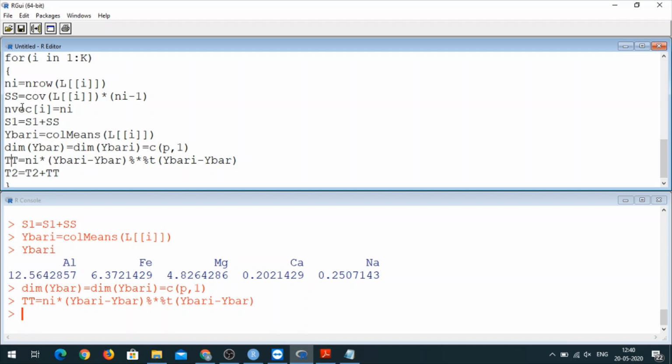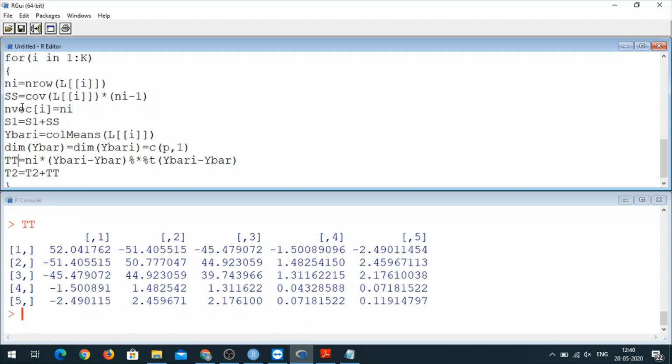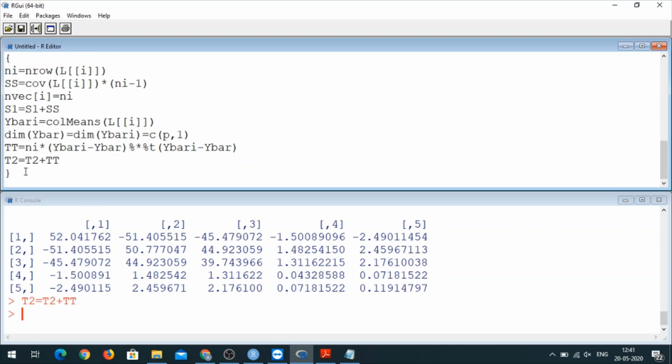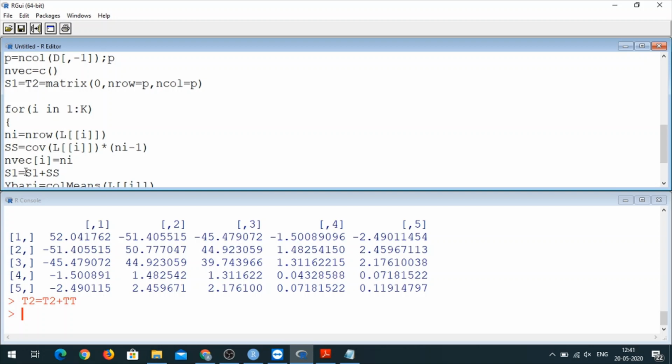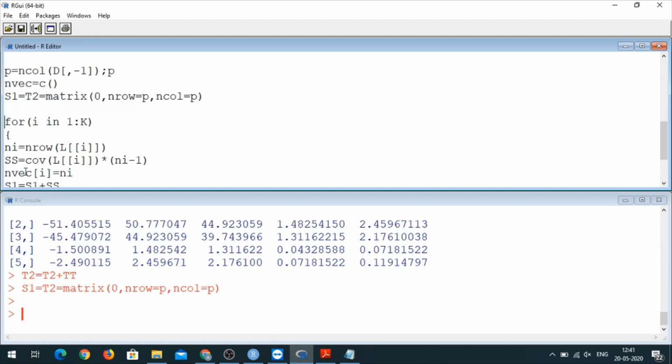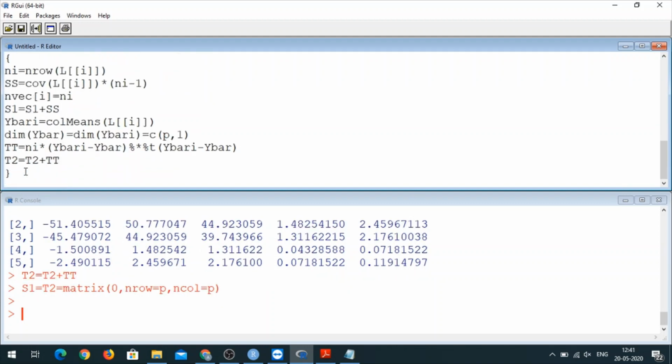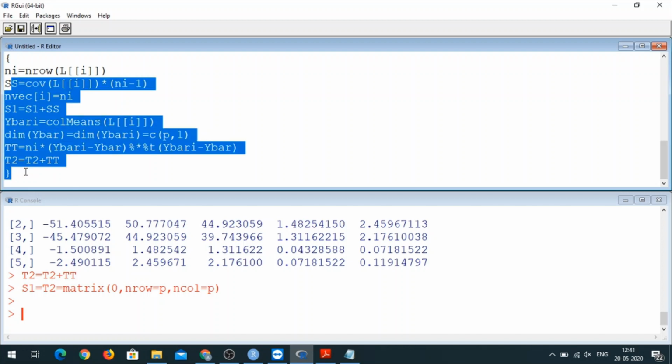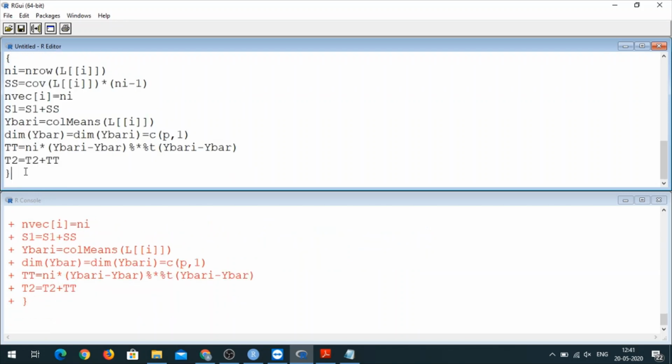We compute this term TT as mean into, so it is also 4 cross 4, and then we compute T2. So it is working. So let us run this. S1 and T2, let us make it 0 without forgetting, because otherwise things would get added. And now let us run this for all i's.